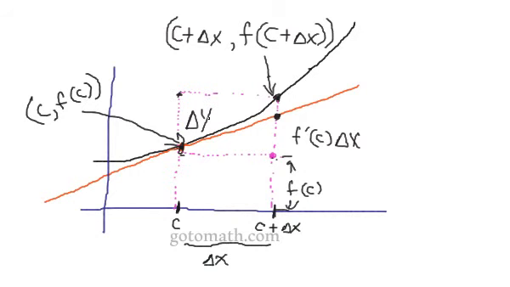And I don't think I left, did I leave anything off here? Of course, we know this distance from here to here is our f of c plus our delta x. So the whole idea is if delta x is small enough, this is going to be equivalent to our delta y. Let me just write that right here. So delta y, which is actually equal to f of c plus delta x